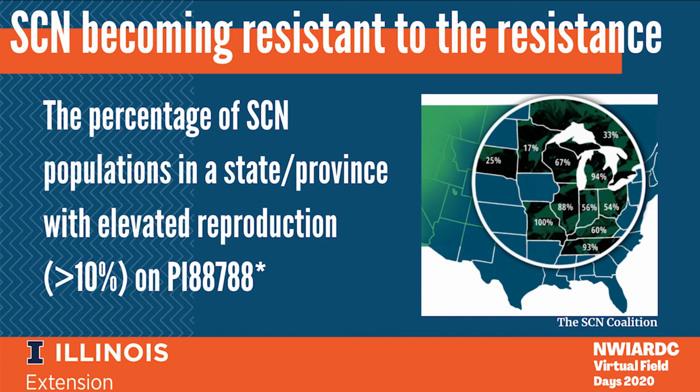The reason this HG type test is important is so we can understand the kind of populations that we have in our fields, and we can better manage those populations, knowing more about the genotype of the population. This map is from a figure from the SCN Coalition that shows the percentage of SCN populations in a state or province, here with Canada, with elevated reproduction on PI 88788. Here you see Illinois, 88%. Whenever this survey was done, 88% of the populations surveyed could reproduce at an elevated level on PI 88788. But